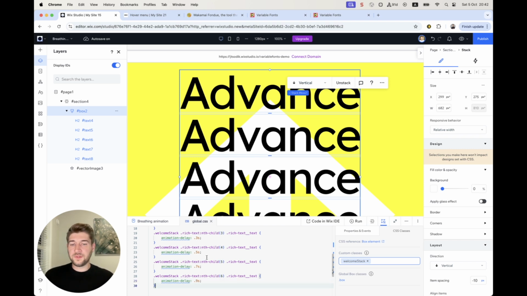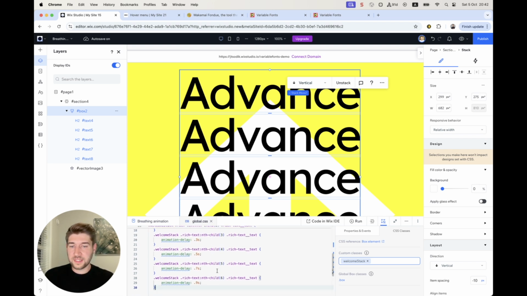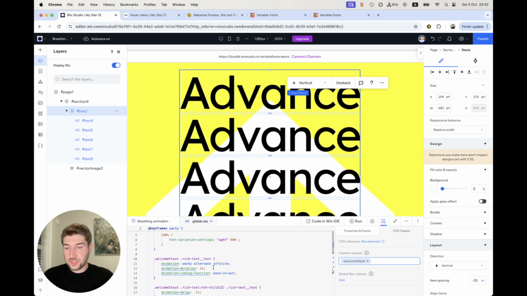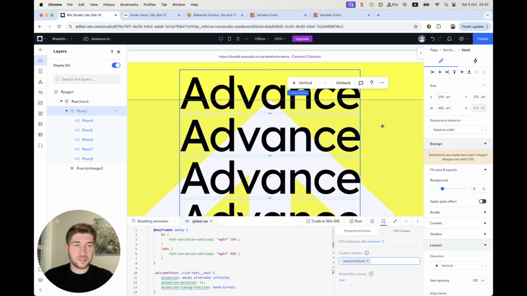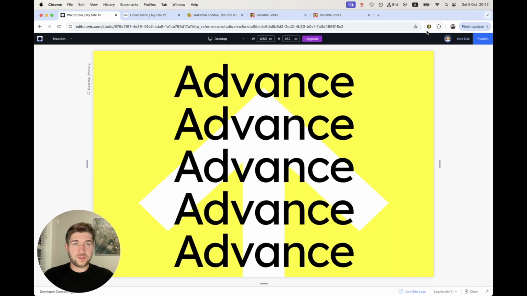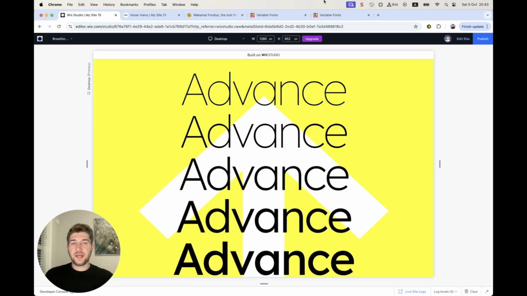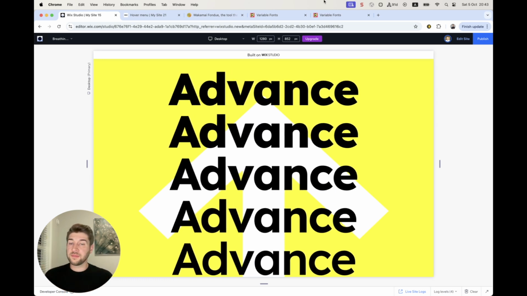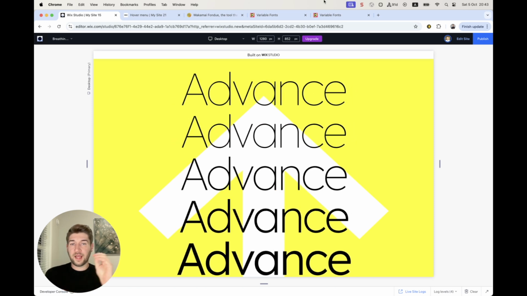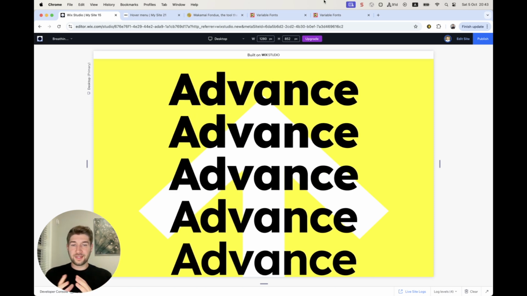Okay, so we added a few seconds of delay between each element right here. And this is how the CSS looks. It's not too much. It's not that difficult. And when you click preview, you can see now that each text element has its own timeline in this keyframe. It happens in a delay, so it gives this kind of